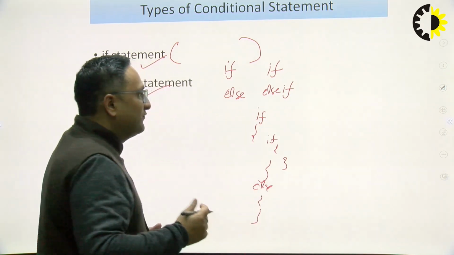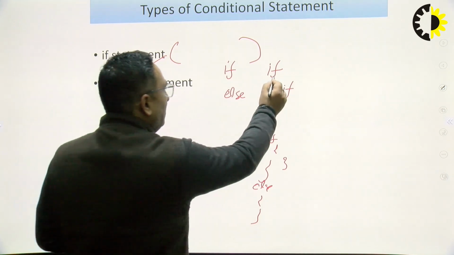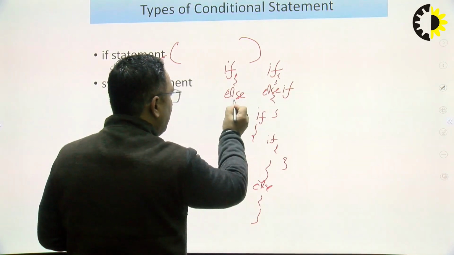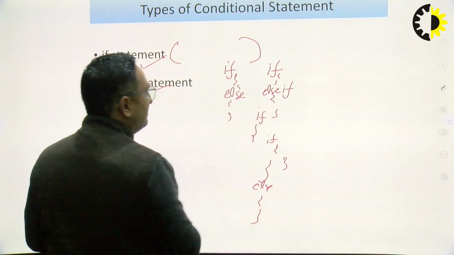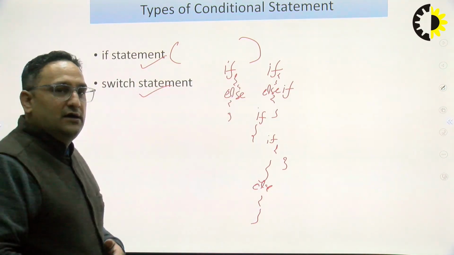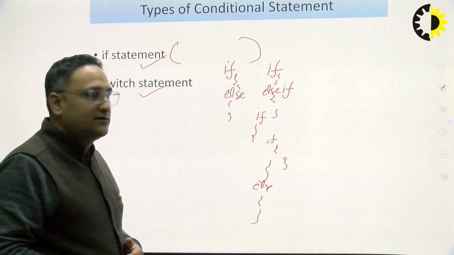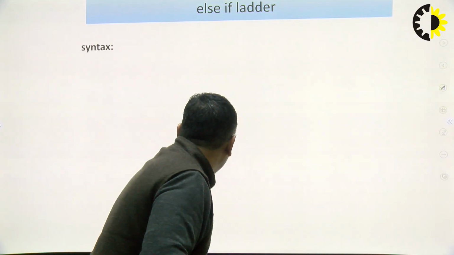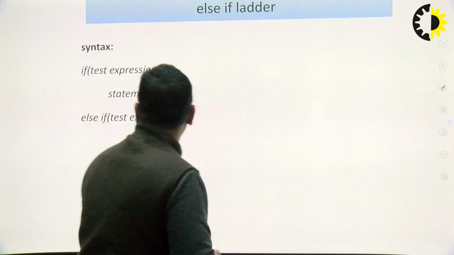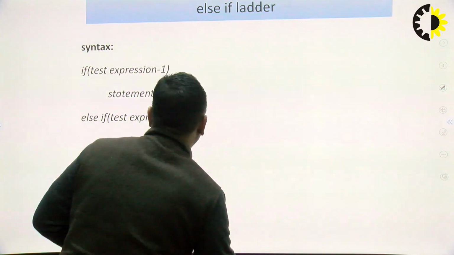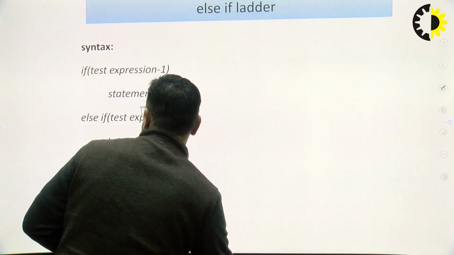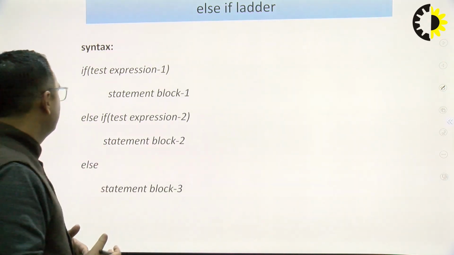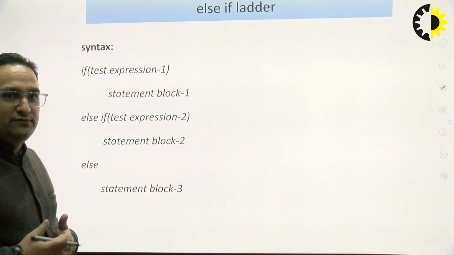So these are the ways we can structure the program. This is how we learned in the last lecture. Today we'll talk about the switch statement, but prior to that, there was some portion which I would like to again emphasize, which is related to the nested, or you would say the if and else if